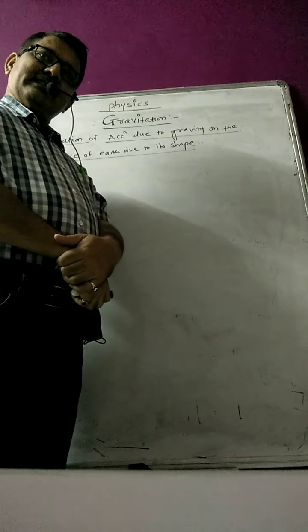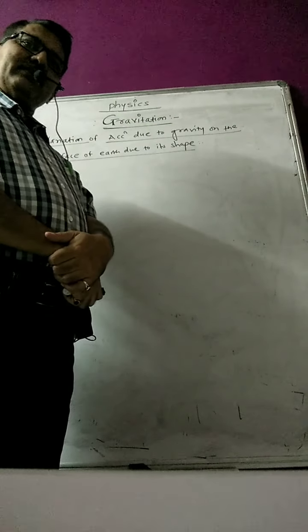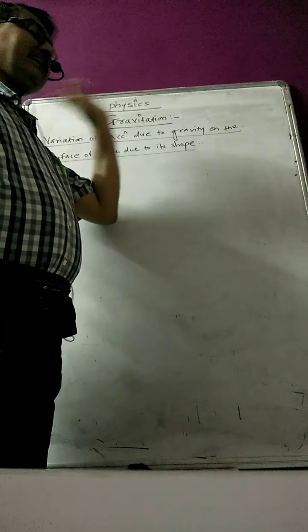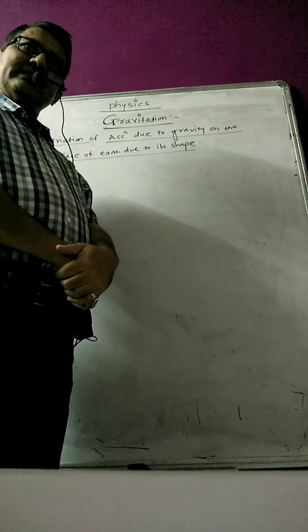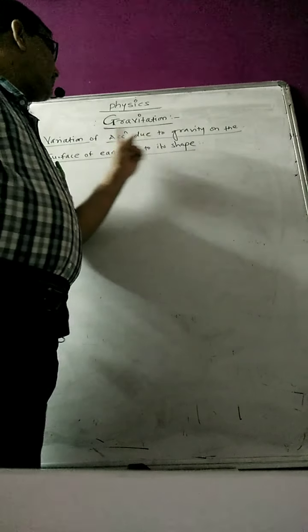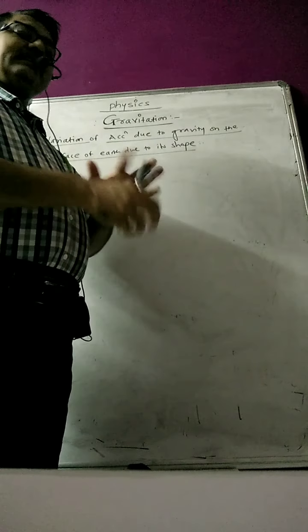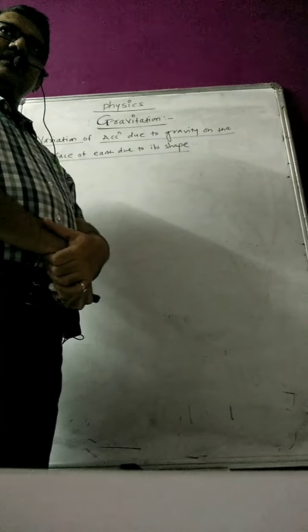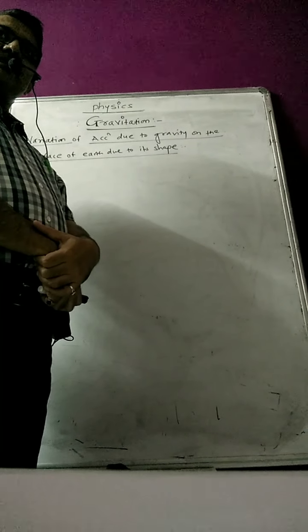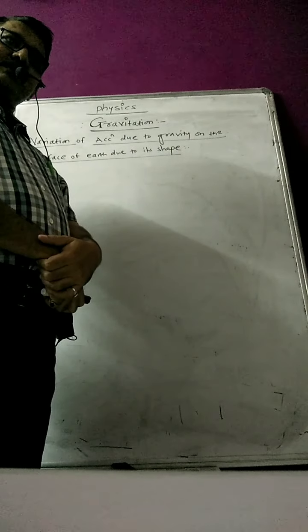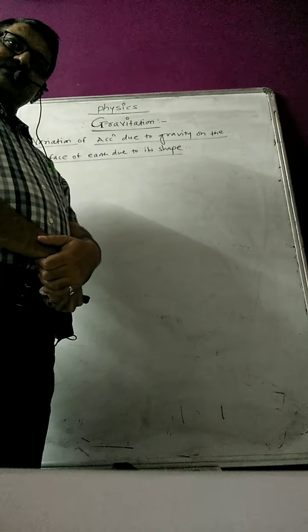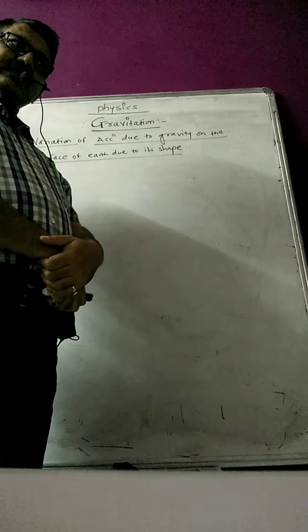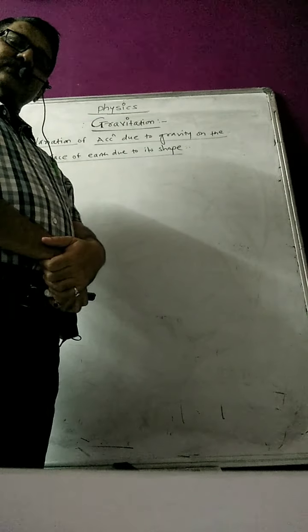Good morning students. Today we continue our topic of physics, that is gravitation. Yesterday we learned about the variation of acceleration due to gravity at depth as well as at a particular height above the surface of earth. So the two expressions which we have calculated, the first expression above the surface of earth,